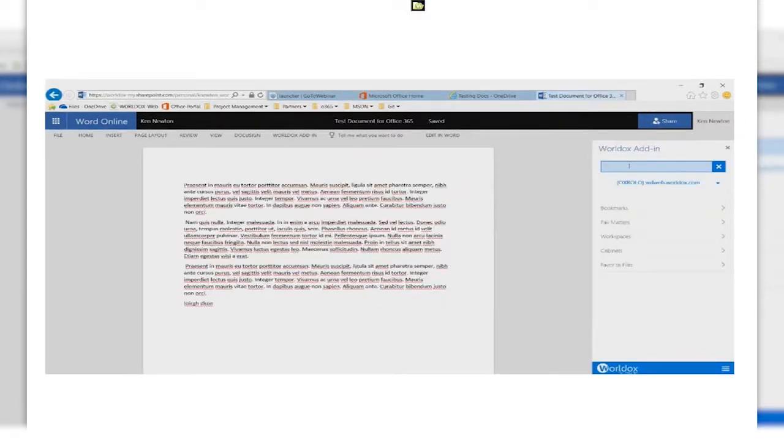The other way to use this is to have the add-in take you straight to an inline running copy of Worldox Web. Anyone who's seen Worldox Web knows that this is kind of what it looks like. It shows you your bookmarks, your favorites, workspaces, cabinets, and favorite files. So it lets you go to your documents any of these ways. So you can say, well, show me my bookmarks, or show me my favorite matters, or show me my workspaces, or take me directly to cabinets and let me search within them. And so you can simply go to the add-in and say, I want to search for a document in Worldox Web, and it will bring that copy of Worldox Web right into the Office 365 online environment, the Word online